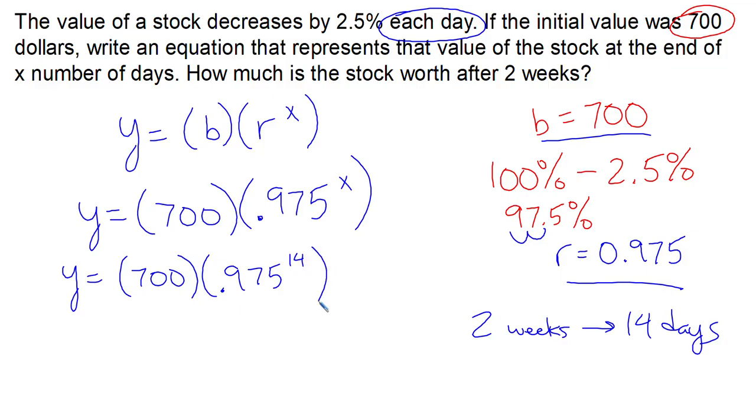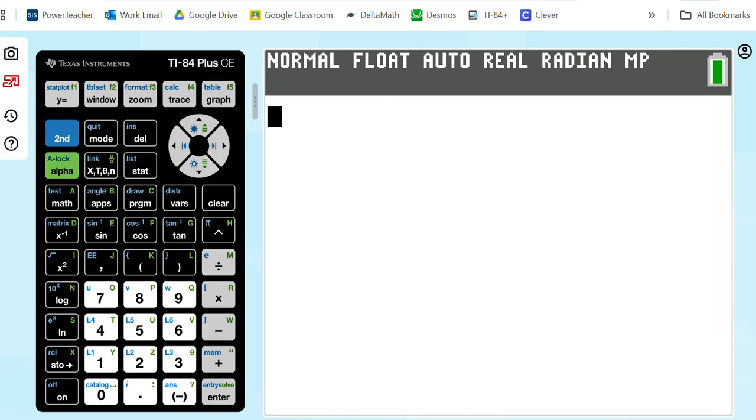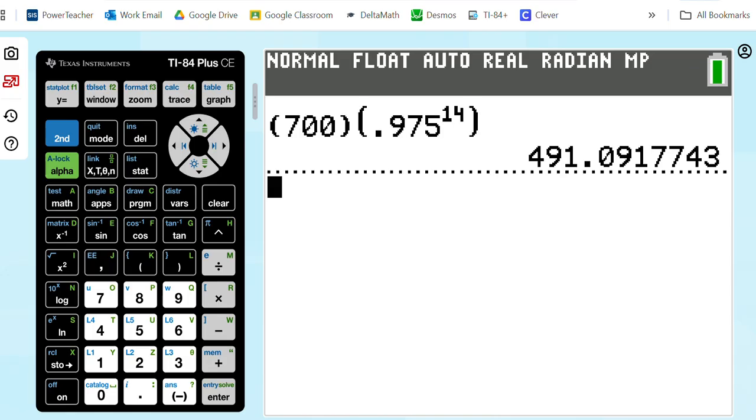And we'll just put that into our calculator again. So this time we've got 700. Stock was worth $700 to begin with, and it decreased by 2.5%, so that's 0.975. And after 14 days or 2 weeks, we should see that it is only worth